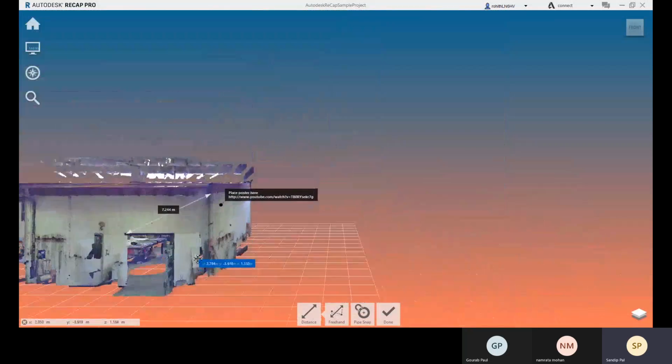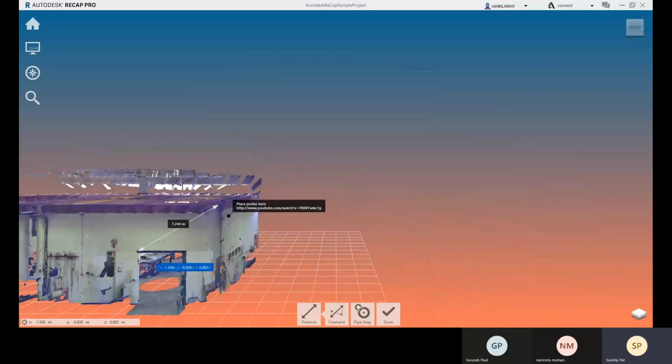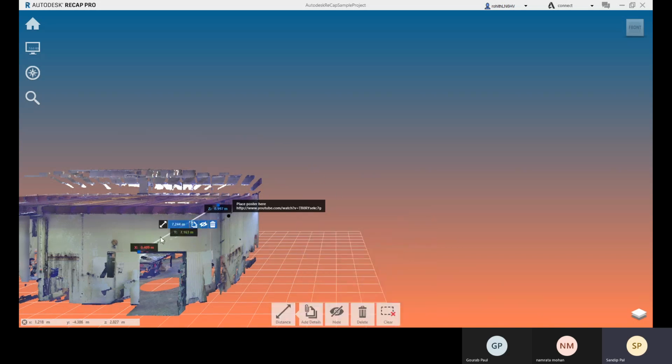Right now you see that I have done with this distance, but it doesn't place horizontally, right? So let me go for done, and here let me select it, and here you will have this option, go for delete.